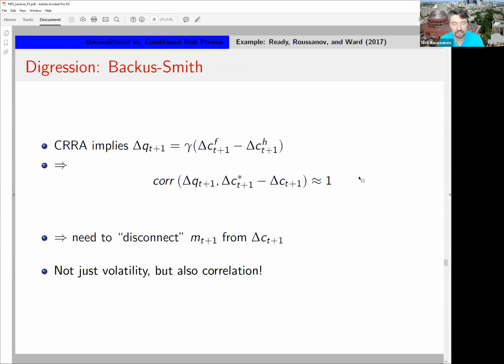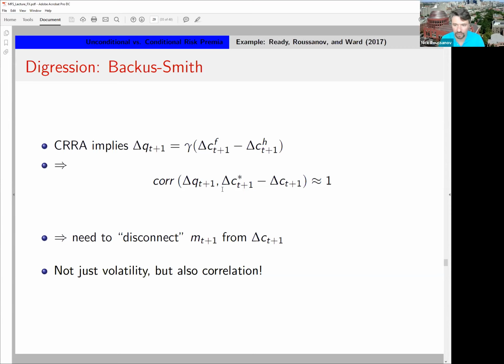Exchange rates are disconnected from a number of macro variables. So it's not just enough to get the volatility of stochastic discount factors right. We need to get correlations to work as well if we're going to have a macro model. Now, of course, these intermediation-based models try to break this and say, well, markets are incomplete. You don't expect the representative consumer to be on this first order condition, on the Euler condition with the exchange rate. So you don't expect this correlation to hold.